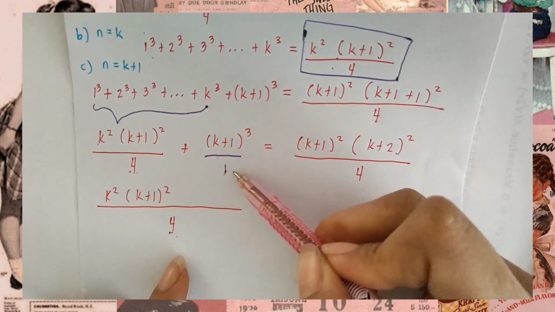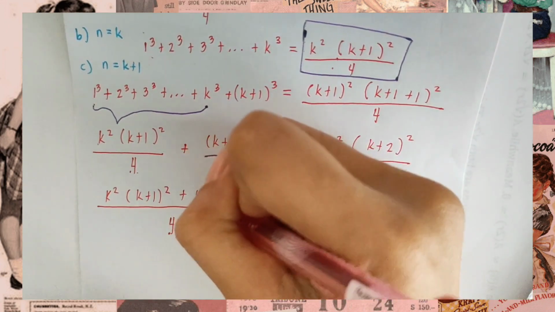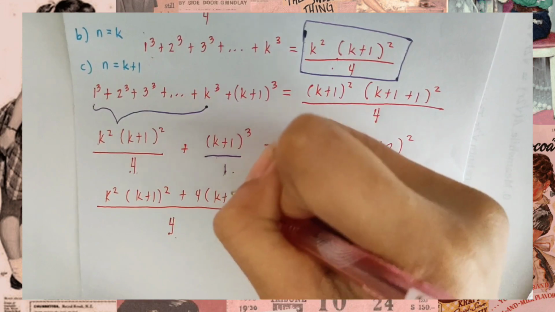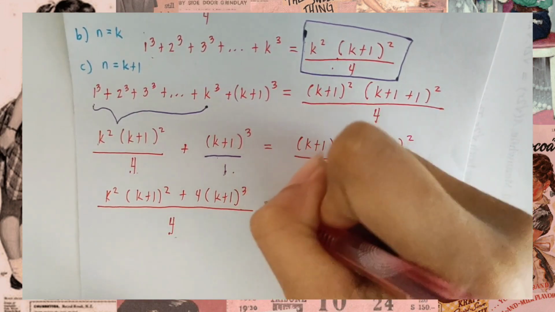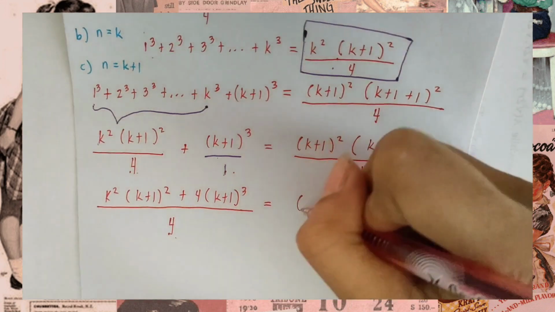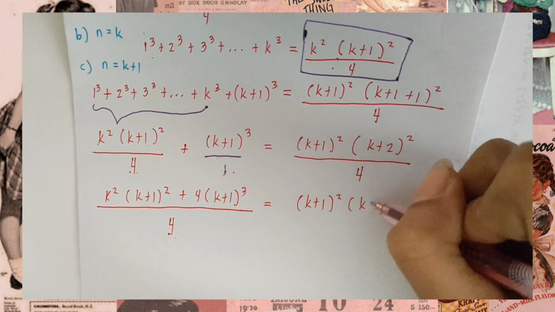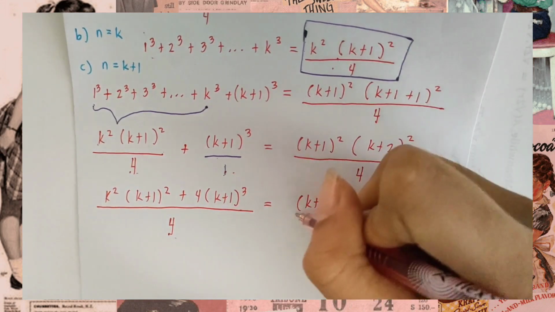Next, 4 divided by 1 is 4 times your numerator, that is 4 times k plus 1 cube. And then copy your right side of the equation, k plus 1 squared times k plus 2 squared